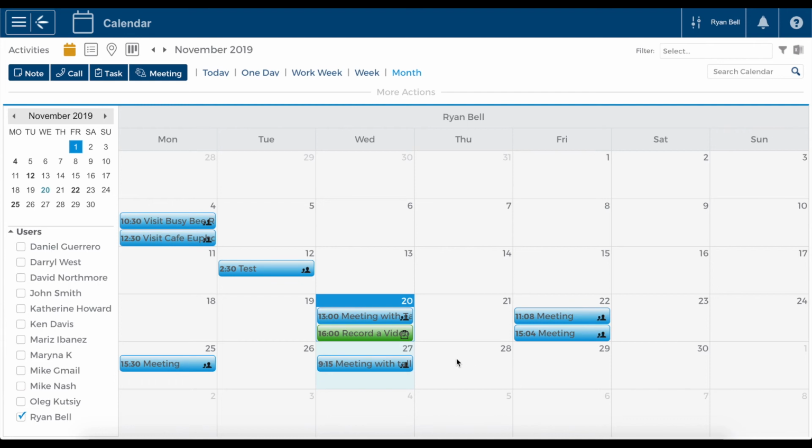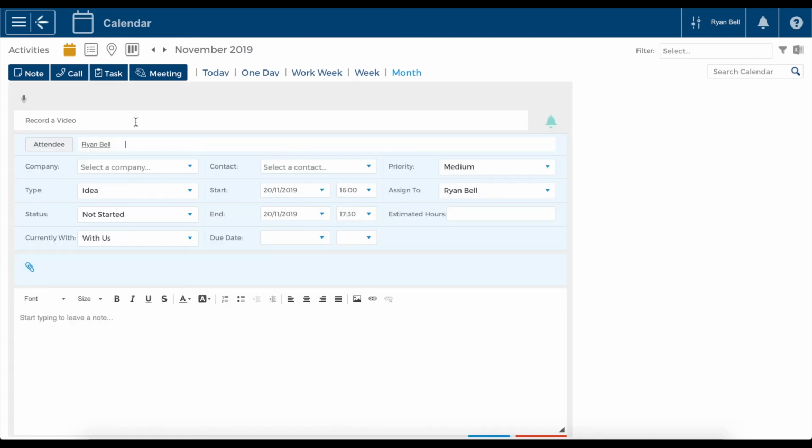Another one of the handy features of the calendar is the drag and drop functionality. If you'd like to quickly change the details of a record, say to reschedule a meeting or reallocate a task to a different day, simply click and hold the item, drag it to its desired destination, and then drop. Alternatively, you can double-click the item to open the record, change the details in the editor, and then hit Save